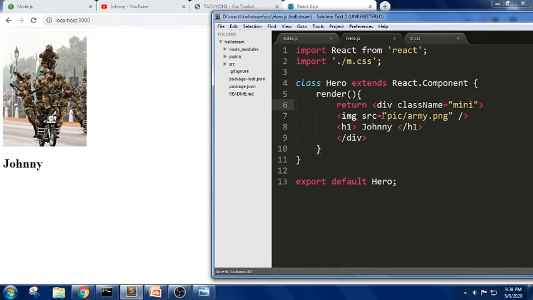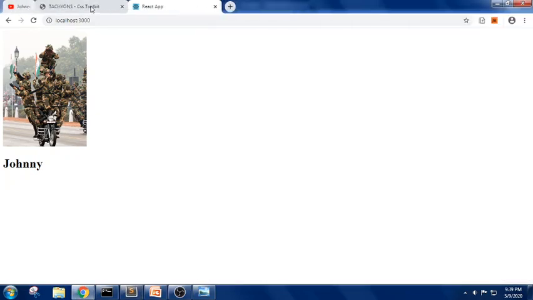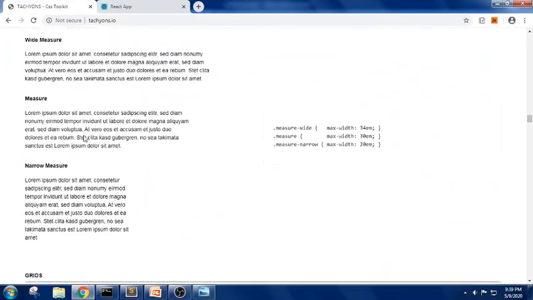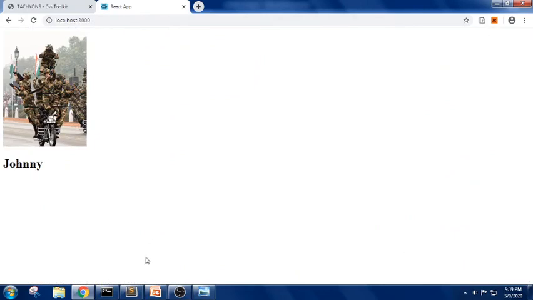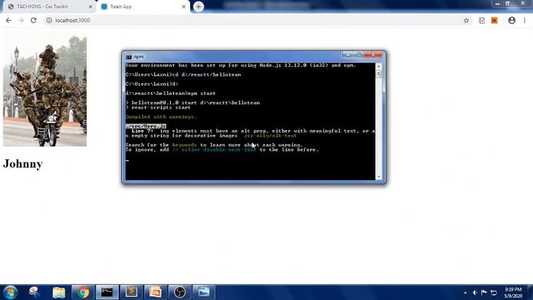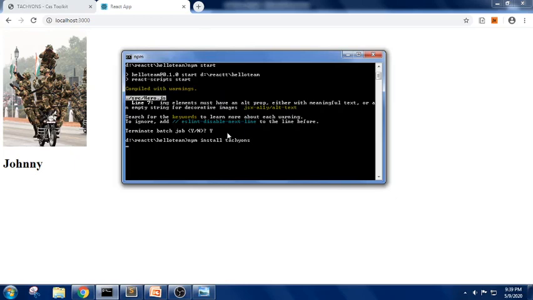So let me use another framework in order to do this. So let me close these tabs. I'm trying to use Tachyons, which is used to create a layout similar to the Bootstrap framework. For this I'm trying to exit it, Control C, and you should be able to write a command called npm install tachyons. This is the command we need to write in the command line.